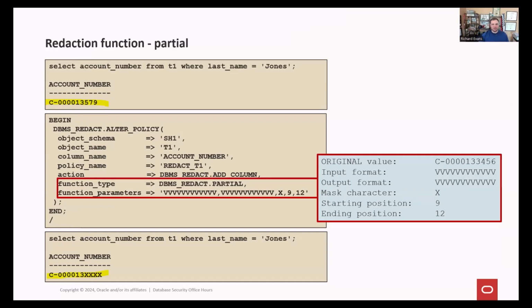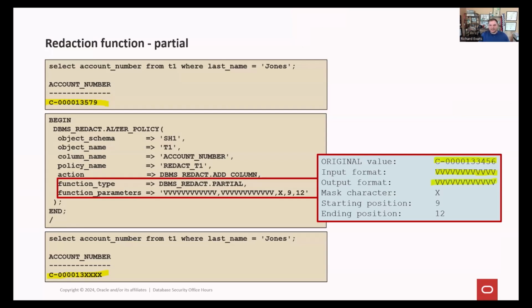So we're going to partially redact this data, and we're going to provide it with the format we have for our data. So we know our data is this length. So over here, you can see the input value. We want to be able to redact all the variables here. So they're all V's, and our output format is going to be all V's as well.